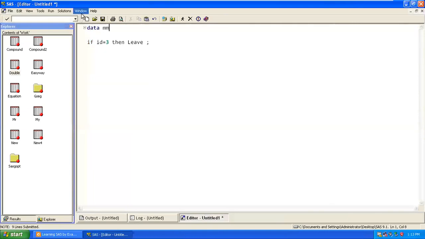Data set, not set. Do ID equal to 1 to 20. Okay. And I'm saying leave of this. Run. There should be a block of end.